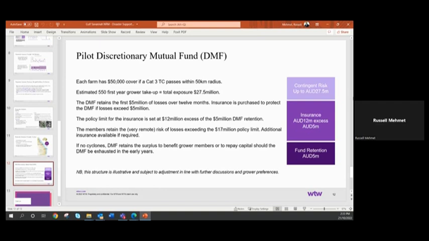So the attraction of the first 5 million is that if a cyclone doesn't hit, that 5 million in the fund belongs to the members and can then roll over into the next year and the year after. So let's say that had been rolling through now for several years, there'd be a substantial fund build-up, which would reduce the amount of the insurance purchase, that 12 million above it, to such an extent, if it had been going for quite a few years, it could become totally self-insured and just maybe need a little bit of top-up cover right at the top. So it's a fantastic proposition.